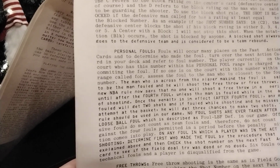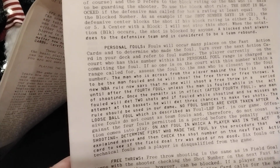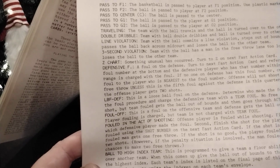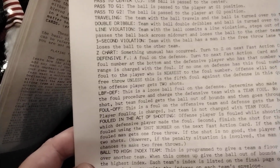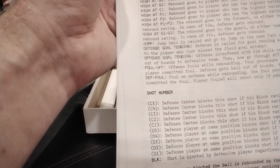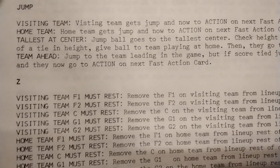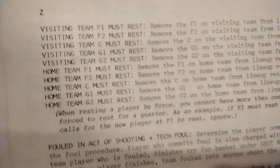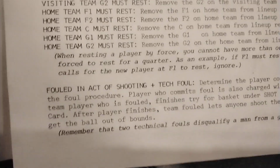But yeah, this thing just goes into it. Talks about assists and all the fun and exciting stuff. This just talks about how the action cards work. And so it's probably not too difficult. You got some shot numbers and block shot items. Jump ball. Interesting. Oh, and of course the dreaded Z ratings, the weird plays requiring rest,